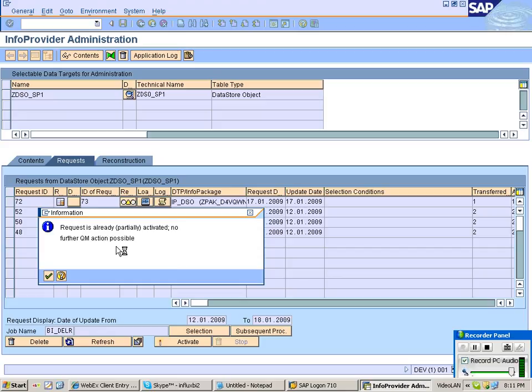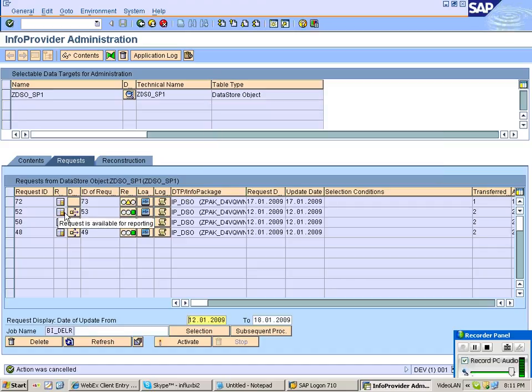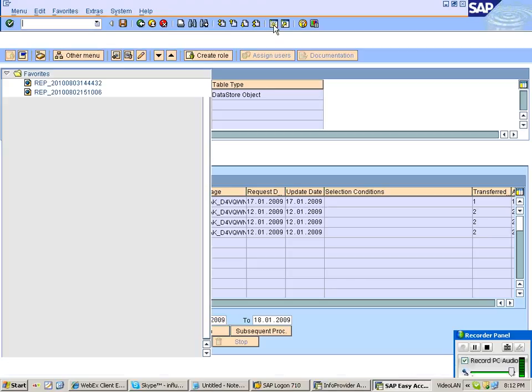You have to delete just now. It is partially activated, not completely activated, so we have to change the status. Unless we change the status, we cannot delete it. So for that, I need to start the job first, related to this activation. Just go with